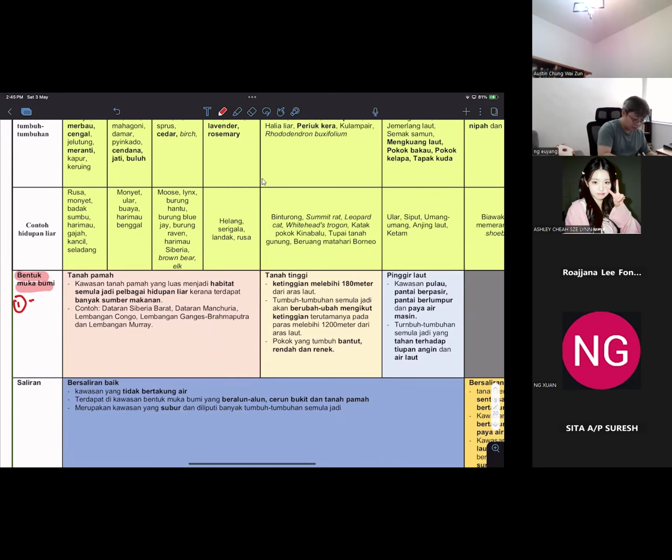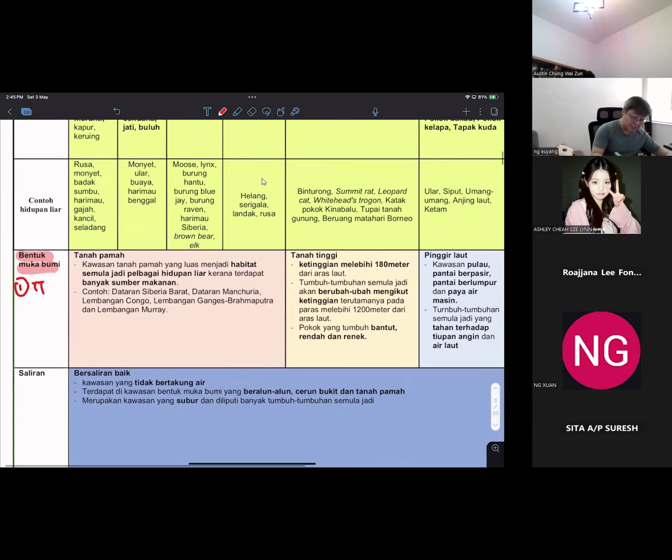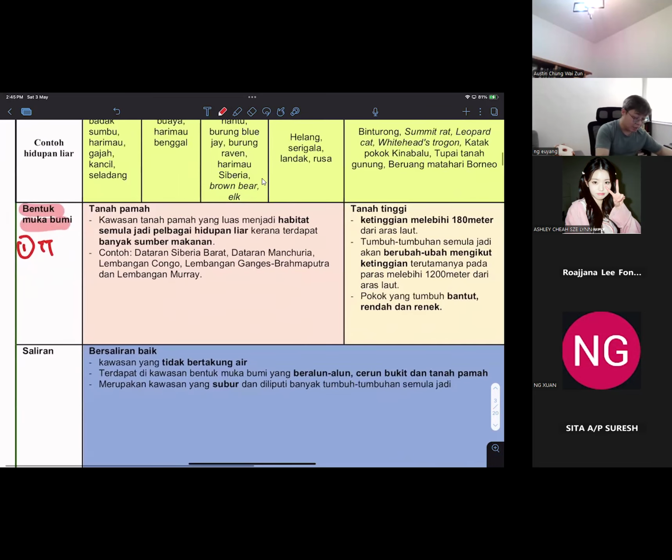Tanah tinggi, right? So in Tanah Tinggi, we have to memorize for the Banjaran Crocker and then the Banjaran Himalaya. So that's why the space here is for you guys to read through, but you guys have to memorize for the tumbuh-tumbuhan semula jadi and the hidupannya within Banjaran Crocker and Banjaran Himalaya. So guys, TT first, followed by the second, TP, Tanah Pamah. So the third one will be your pinggir laut. Okay, so this is your first